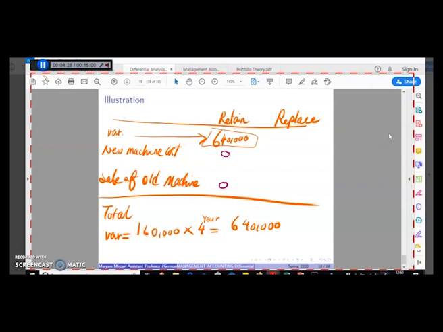If I replace the old machine with a new machine, then the variable cost will change. Why? Because the question is telling you that the variable manufacturing costs are expected to decrease from 160,000 to 125,000. So I need to recalculate the total variable cost for 4 years, which is